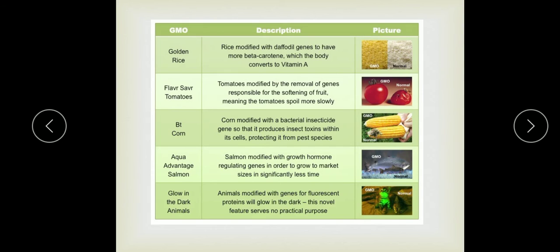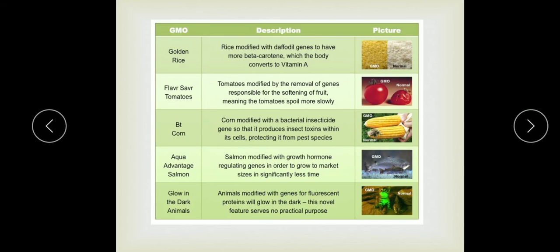So the first one is golden rice. Golden rice is a genetically modified rice which has been inserted with the gene of beta carotene, and as a result the beta carotene is converted into vitamin A. And you know, vitamin A is useful for eyesight. It has a great role in eyesight because it forms a pigment called rhodopsin, which is present in the rod cells. So golden rice is a genetically modified plant, and it has the precursor of vitamin A, that is beta carotene.